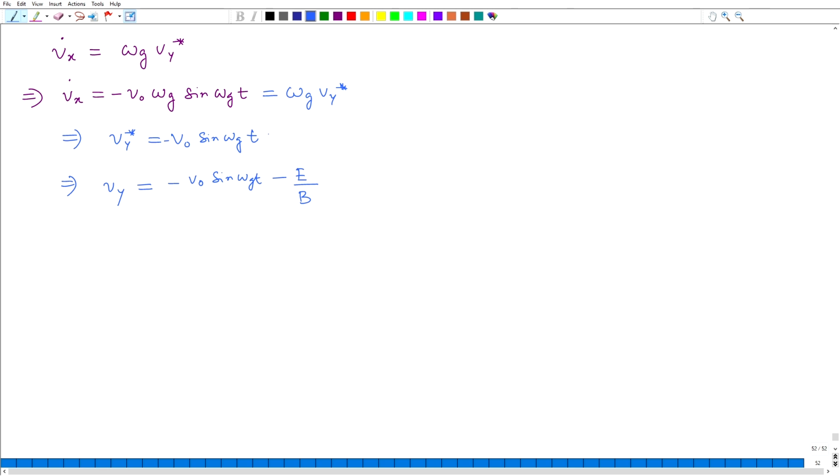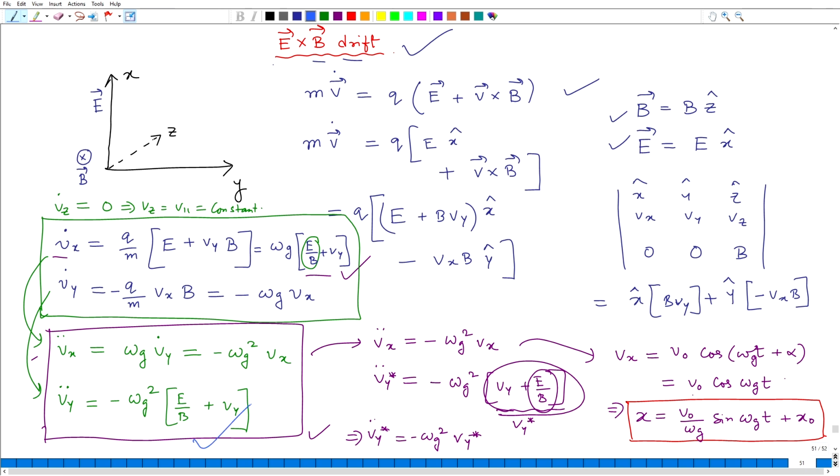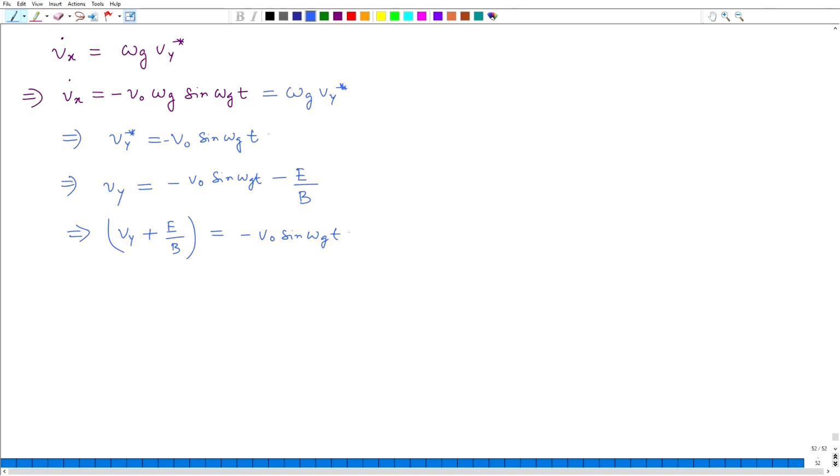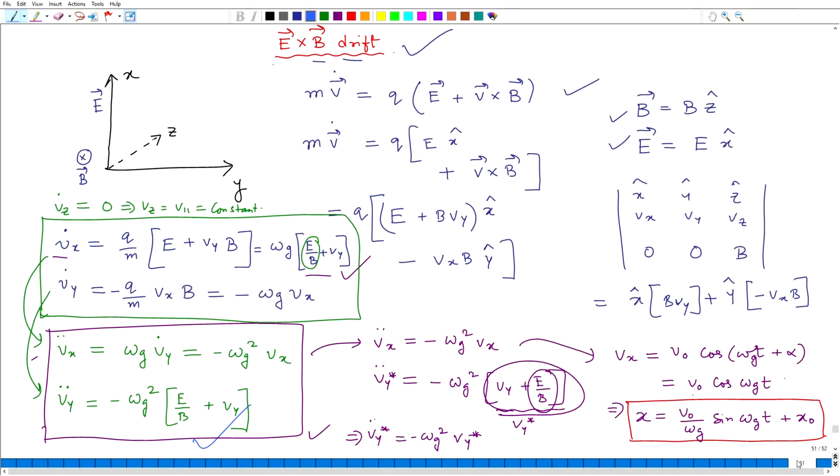So, if you have this, you can also say V y plus E by B will be minus V0 sin omega g t, and that is completely understandable from this equation as well. You see this one. So, if you have this equation and this equation,